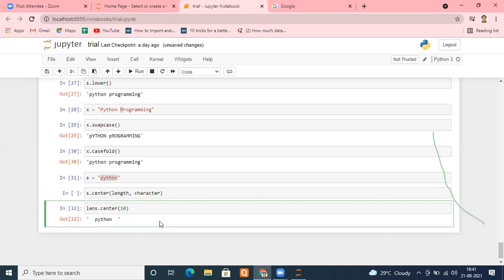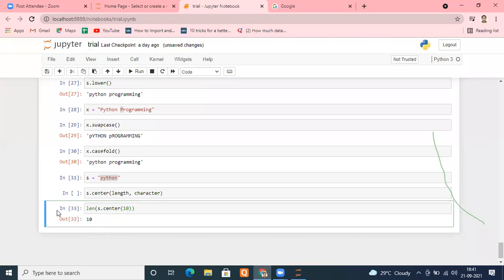To check the length of any string, how many characters it has, you can use a function known as len. Put your string inside the len function. It will indicate that this string is of length 10. Fine.